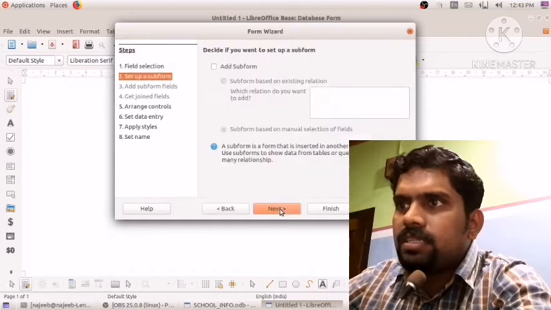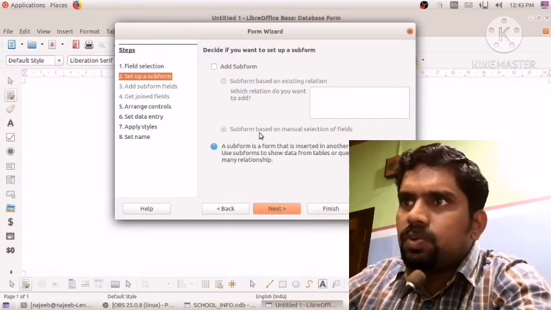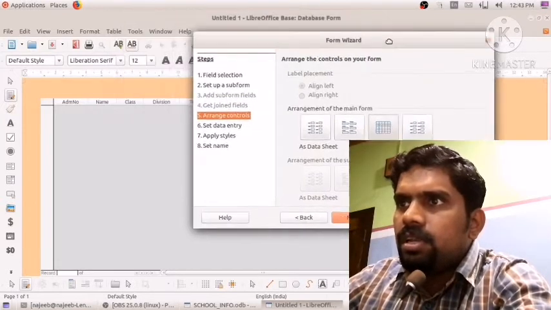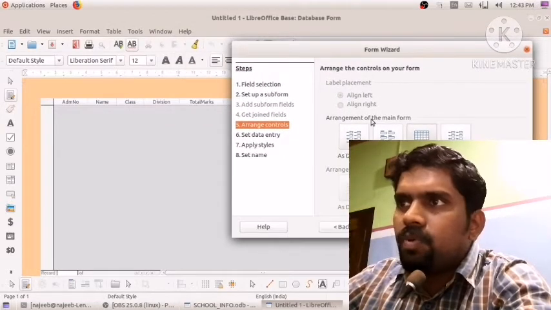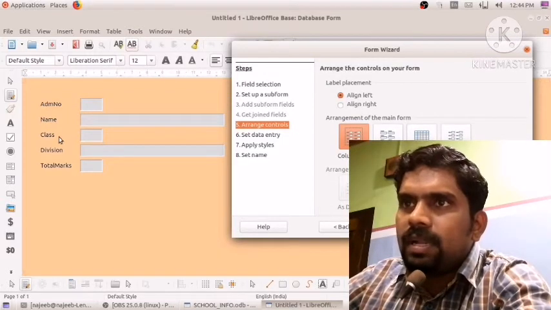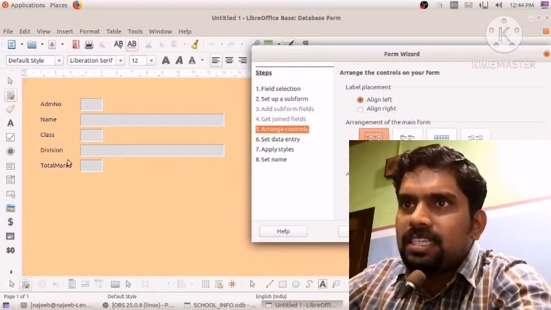Then click on next. Here some details are there, no need to change them, so again we click next. Here we have to select which type of form we need, the arrangement of the main form. If we click on the first one, it will be displayed like this: admission number, name, each entry will be a text box.